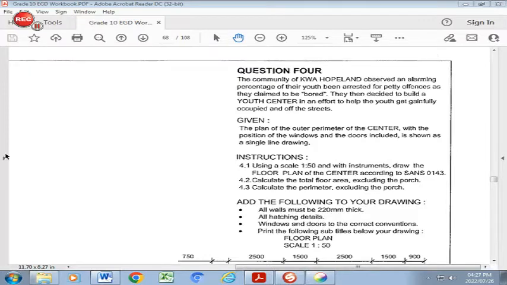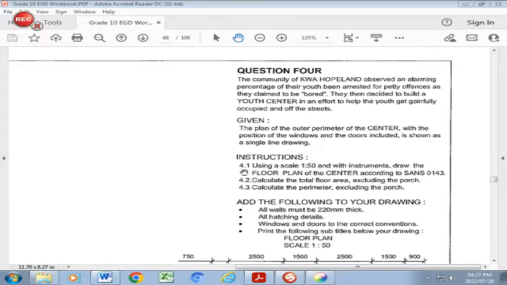So what is given to you is the outer perimeter at the bottom, which we will look at, of the center, with the position of the walls, with the position of the windows and the doors included, shown in a single line diagram. So keep in mind, it's a single line diagram, but the position of all the walls and doors are given. You are then given the instruction in 4.1 to use a scale of 1:50,